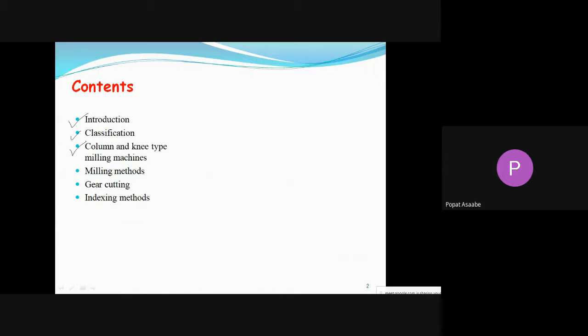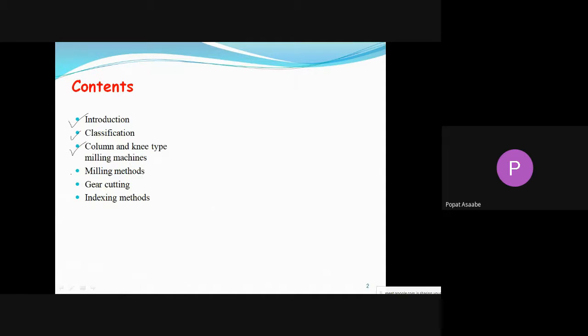Then we are going to discuss the column and knee type milling machine, because the milling machine has different types; it is classified into various types, and one of them is the column and knee type. We will discuss the construction, working, and application of the column and knee type milling machine.